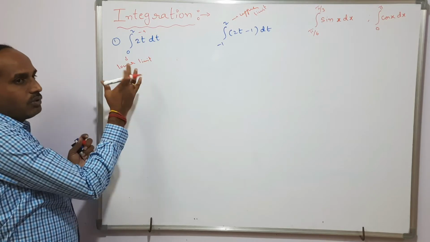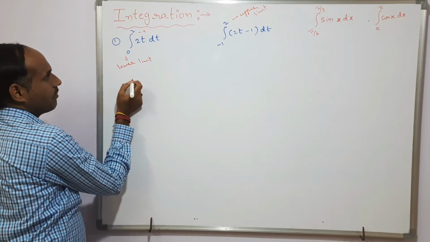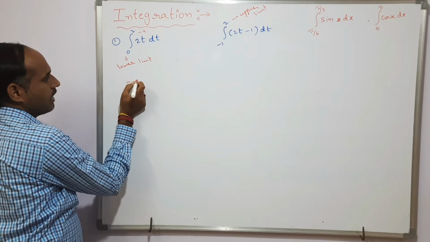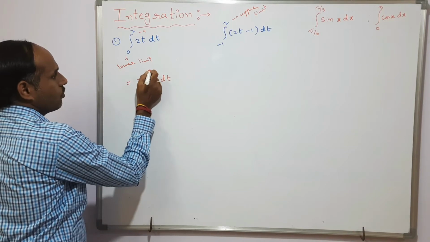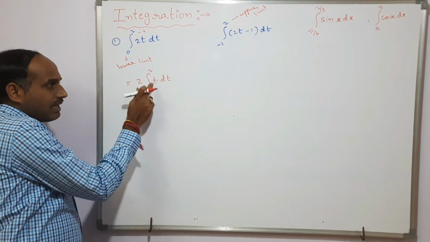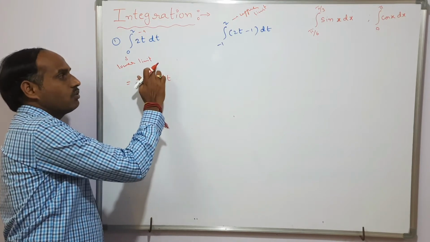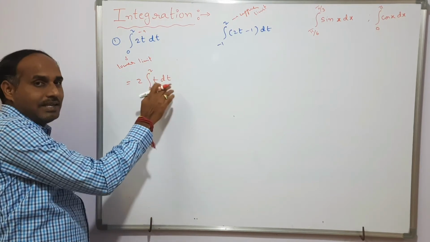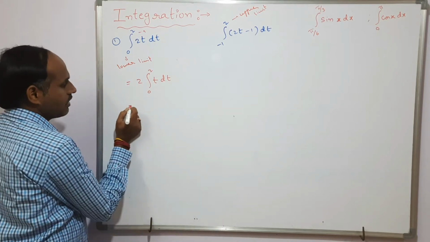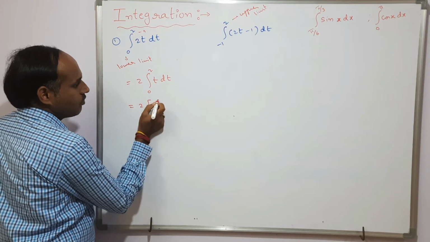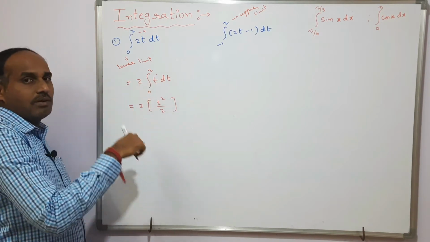Now how are we using these limits with this given function, let me check. When I come to this problem, the integral of 2t dt, we can write it as 2 times the integral of t dt from 0 to 2, which means after integrating this function, wherever t is present, at first you have to substitute the upper limit, minus at the same place you need to substitute the lower limit. So this equals 2 times the integral of t dt, which is t square by 2. Why? Because t power 1 plus 1 by 1 plus 1.